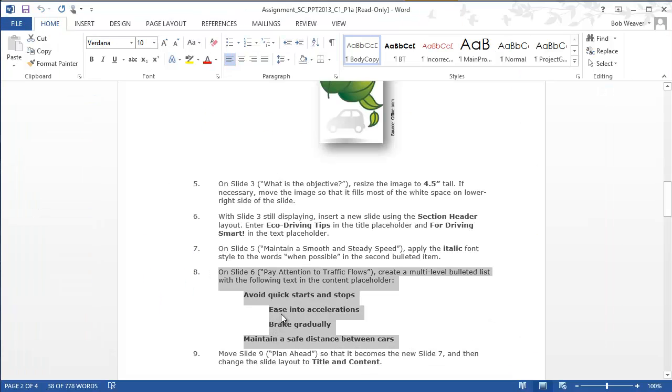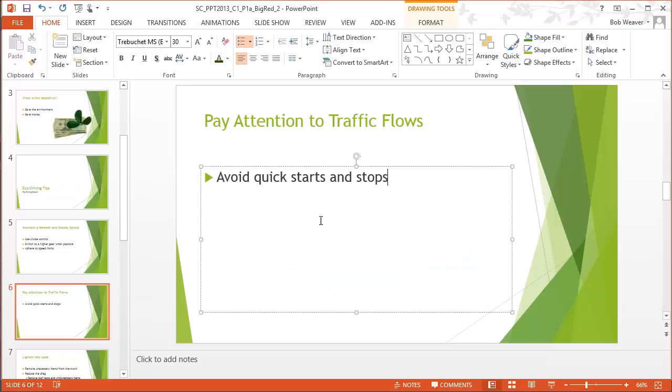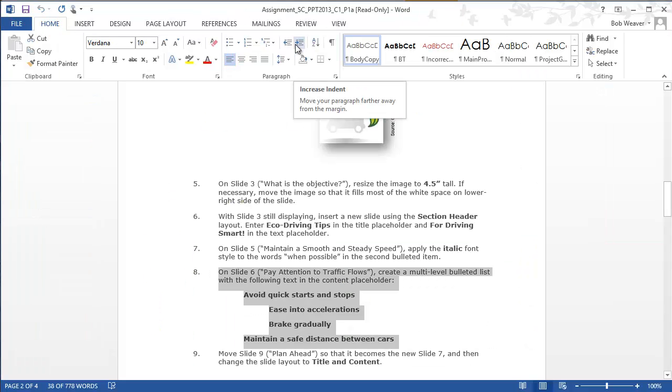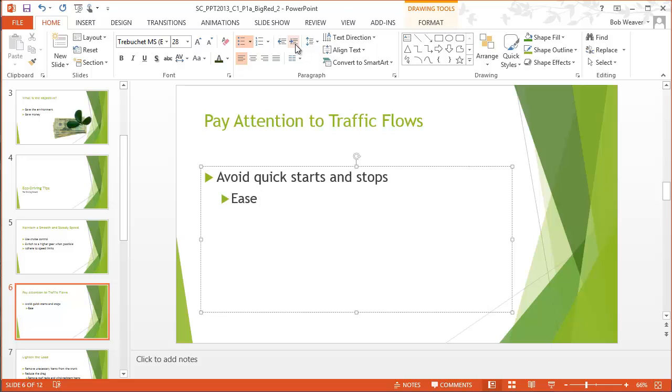We are to say ease into acceleration, and notice the ease into accelerations and brake gradually are tabbed over. So those are at a level of indentation. So ease into accelerations. So I hit return. That takes me to a tab at the same level. If I want to go a level deeper, increase my level, in the Home tab paragraphs group, there is this increase, decrease indent level. So I'm going to increase the indent level and say ease into accelerations,